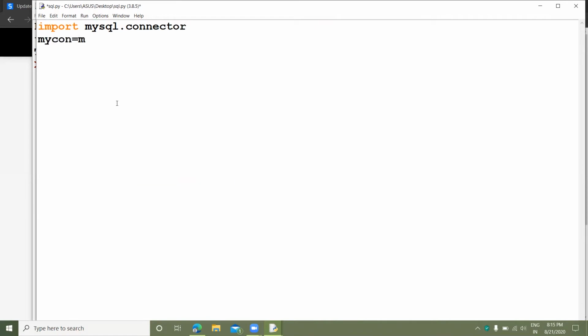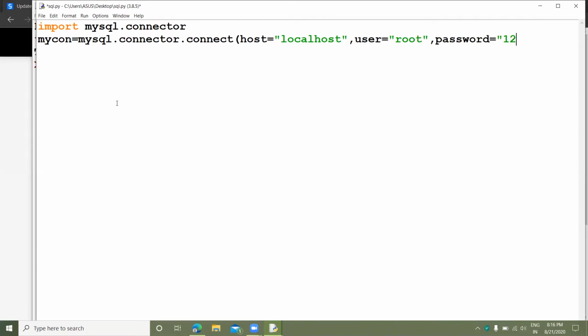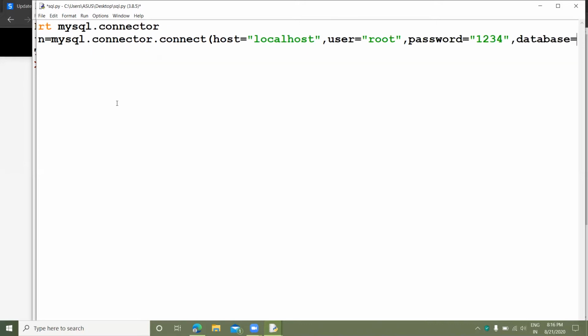My connection equals mysql.connector.connect, host equals localhost, user equals root, password equals 1234, database equals college.